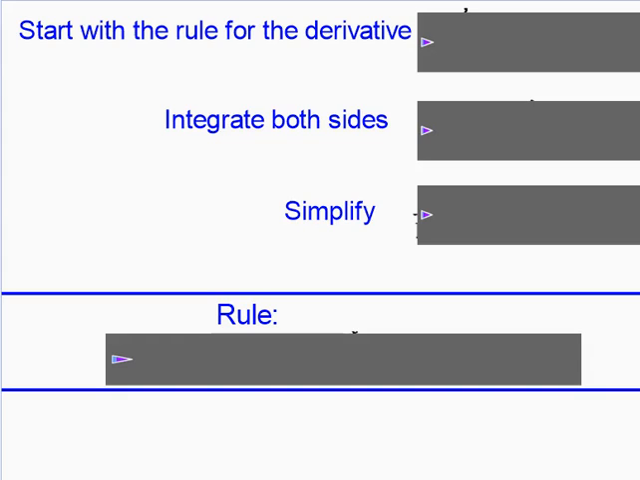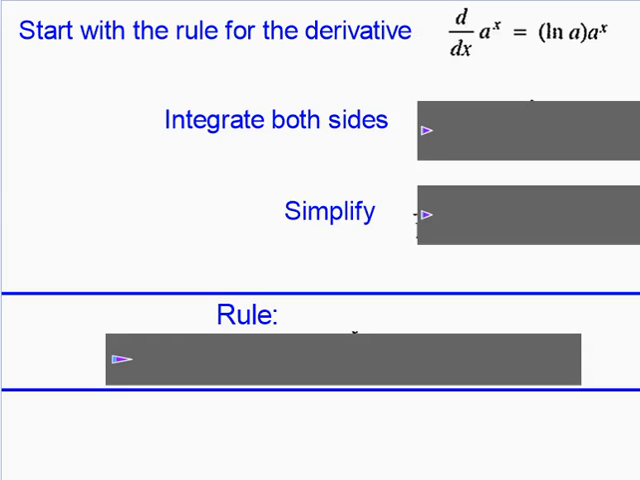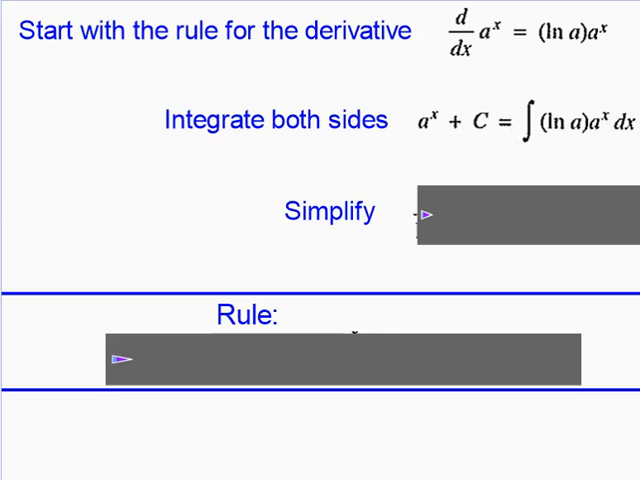So what we're going to do is start with our differential rule, or our derivative rule for exponential functions, and we know that the differential of a to the x equals the natural log of a times a to the x. And we're going to integrate both sides. When we integrate the left, the integral and differentiation cancel, so we have a to the x plus c, and we have the integral of the right side. Well, here we have a constant,